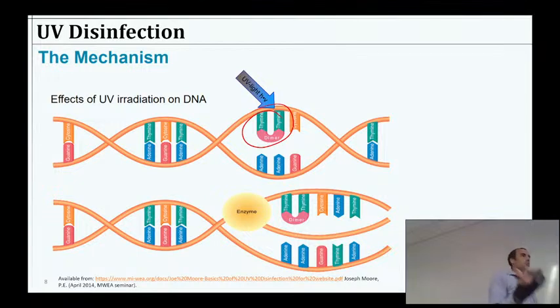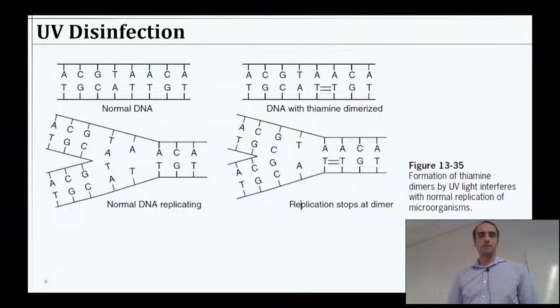It's not so destructive that it just breaks everything all apart. So it's a little less drastic than chlorine, which is going to go and oxidize everything. As you know, burning things is oxidation. Chlorine, in some sense, on a small molecular scale, is just burning stuff up, oxidizing it, destroying things. UV is a little more particular with the damage that it's doing. Another way to look at that would be here with these thymines dimerized, and it's just preventing that replication.